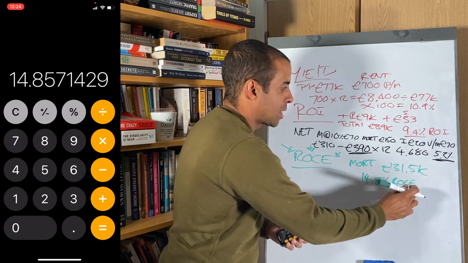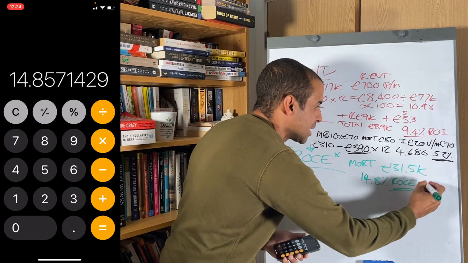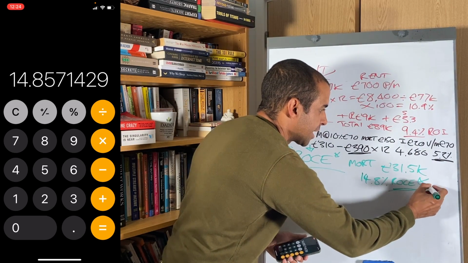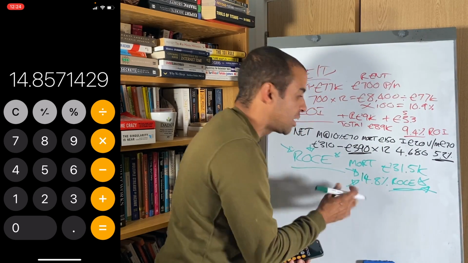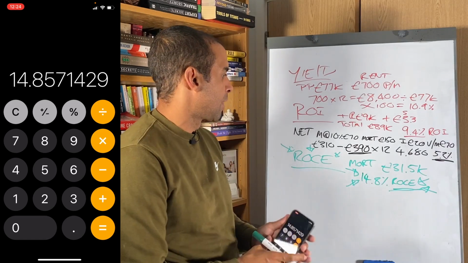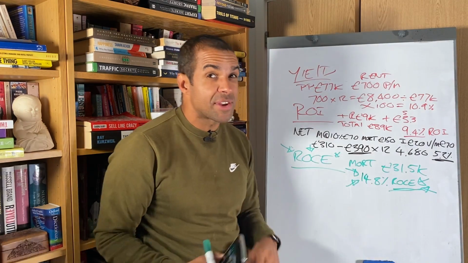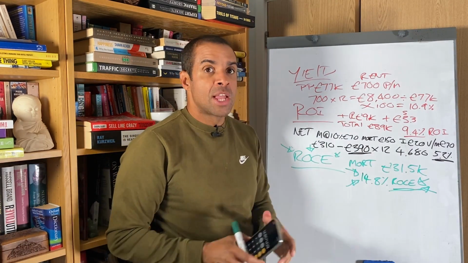Return on capital employed. This is barring none the very most important figure you can figure out in anything, because you want to know how hard each pound you put into a deal is working. This is the most important one. But now I'm going to do something and blow your mind a little bit more, because then when you add